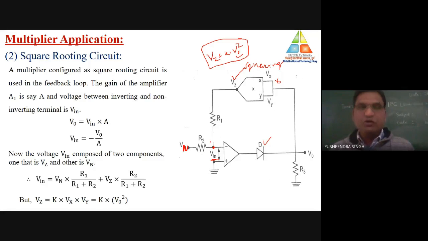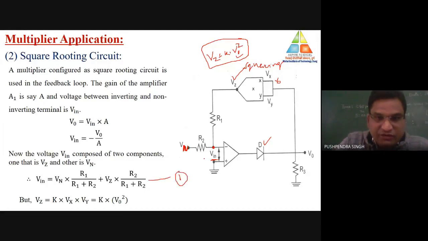But if you want to calculate the actual, practical value of Vin, how do you calculate the value of the intermediate voltage? I have told you many times, whenever you want to calculate the intermediate voltage, just use the potential divider rule. With the help of this, we have calculated the value of this Vn. So how to calculate Vn? First of all, take the left hand side voltage.